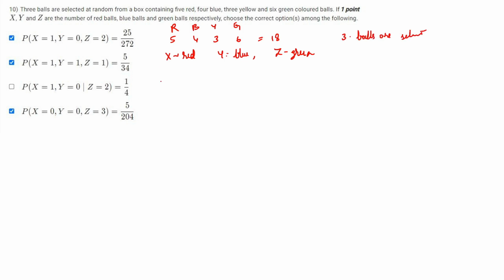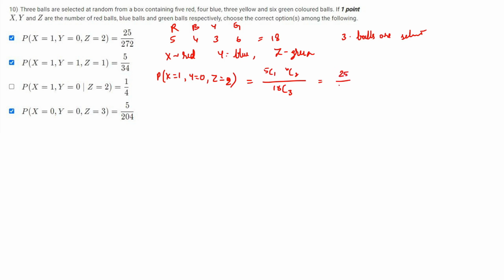Okay, so the first option is P of x equal to 1, y equal to 0, z equal to 2. In the denominator we'll have 18C3. So red balls are 1, it means 5C1; y is 0, forget about blue; and z is 2, that is 6C2. So 1 plus 2 is 3, which is the total number of balls selected, and upon simplification we'll have